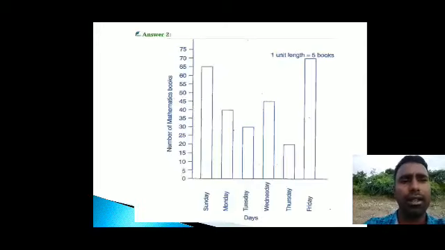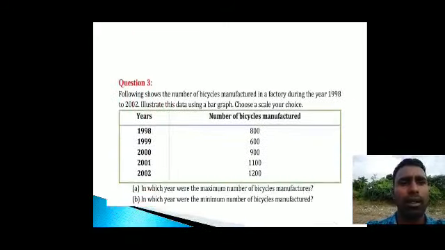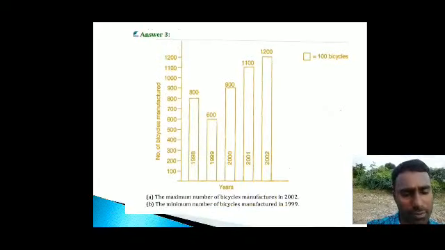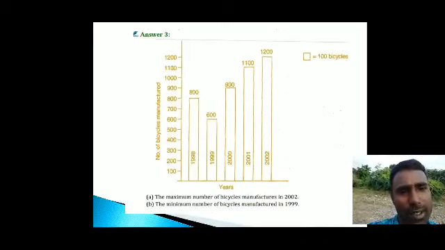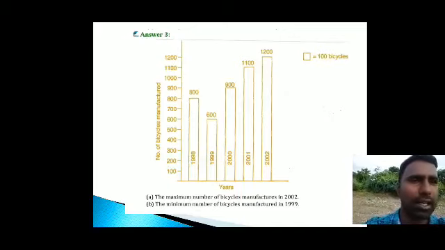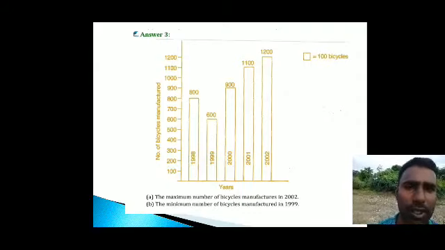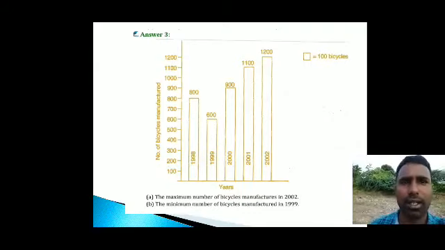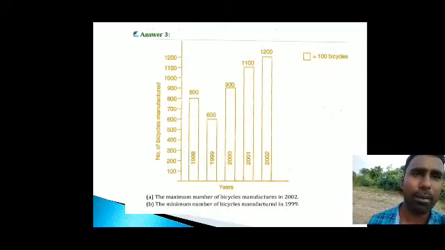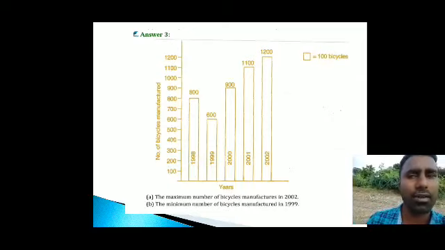So I have taken that first axis. What is that? See here. Here I have taken the first number from the origin point in the y-axis as 100. That means the first centimeter on the scale, that one small bar, represents 100 bicycles. So 100, 200, 300, 400. Likewise, you can write till the end of the graph, but anyway, from the given data itself we can stop.